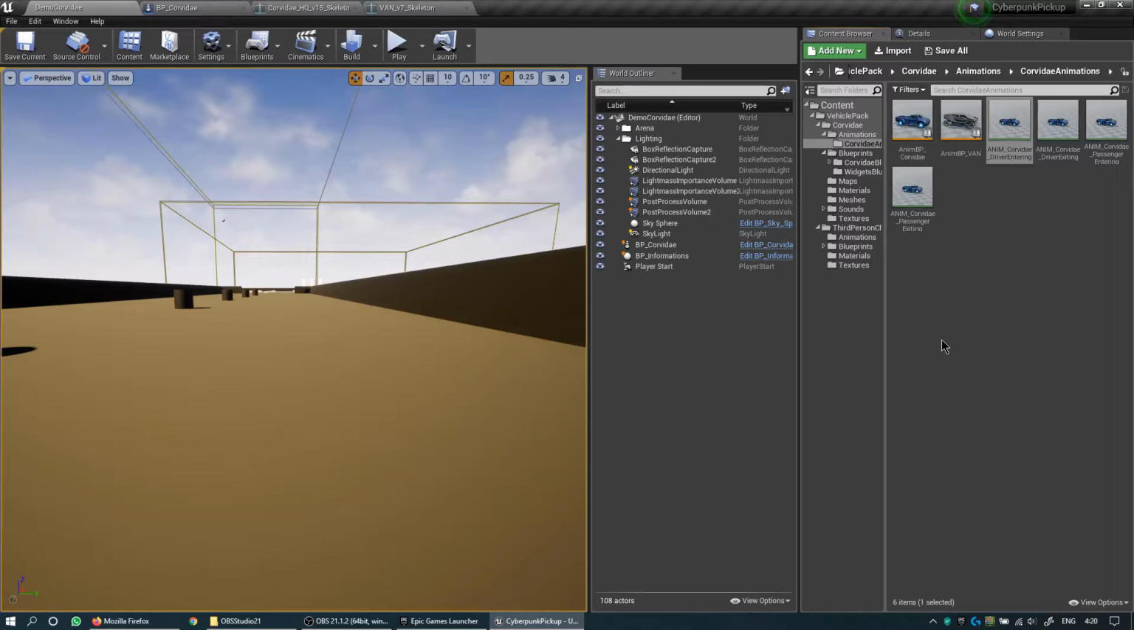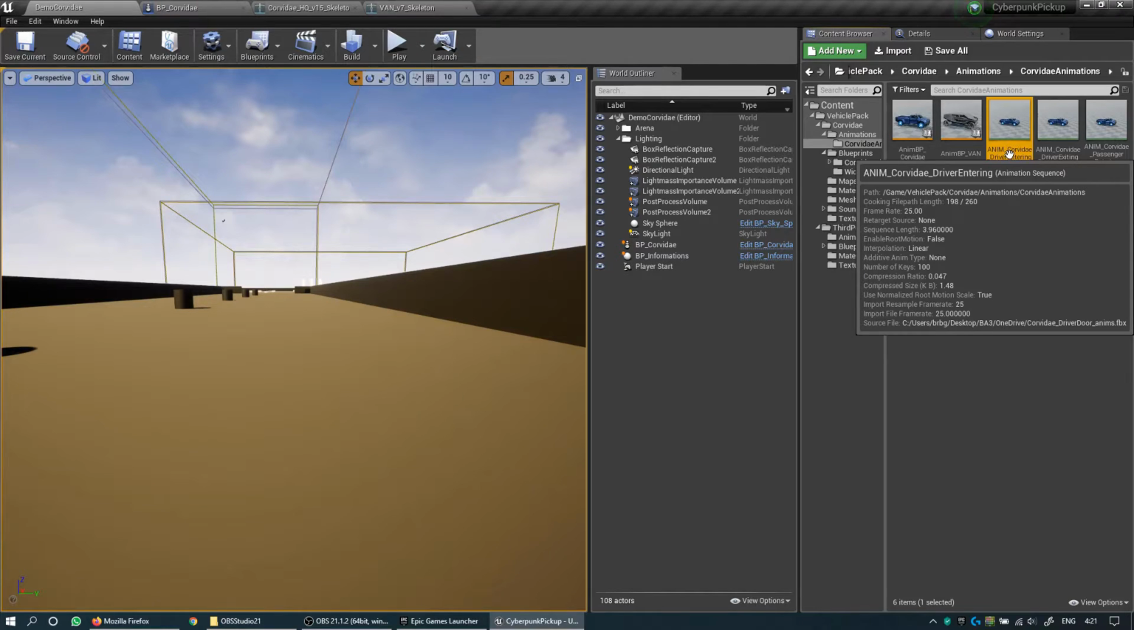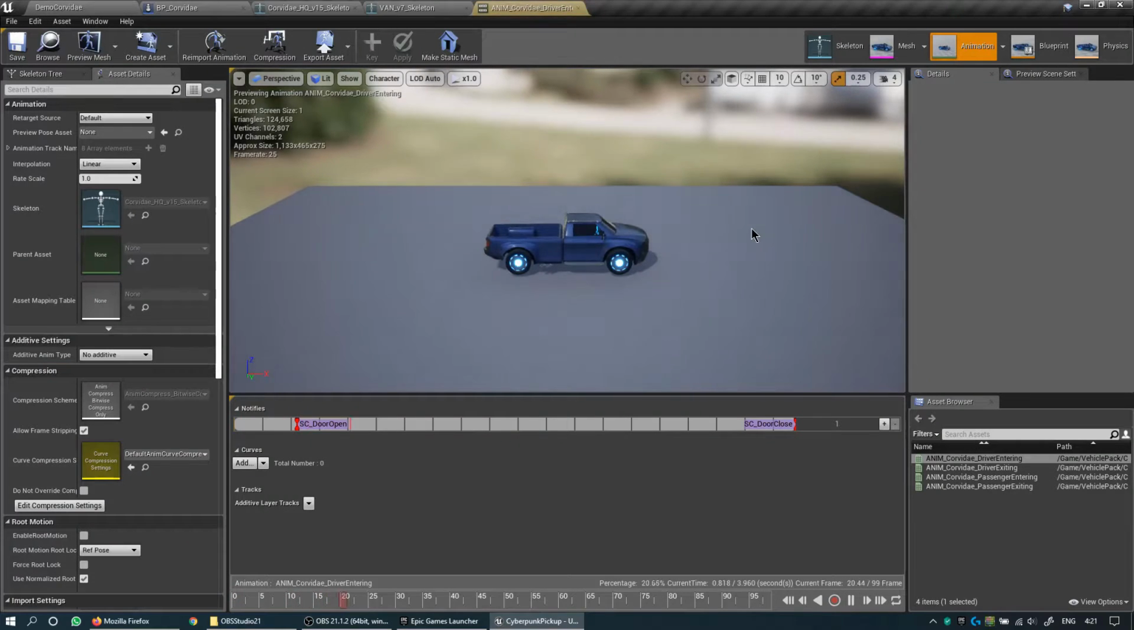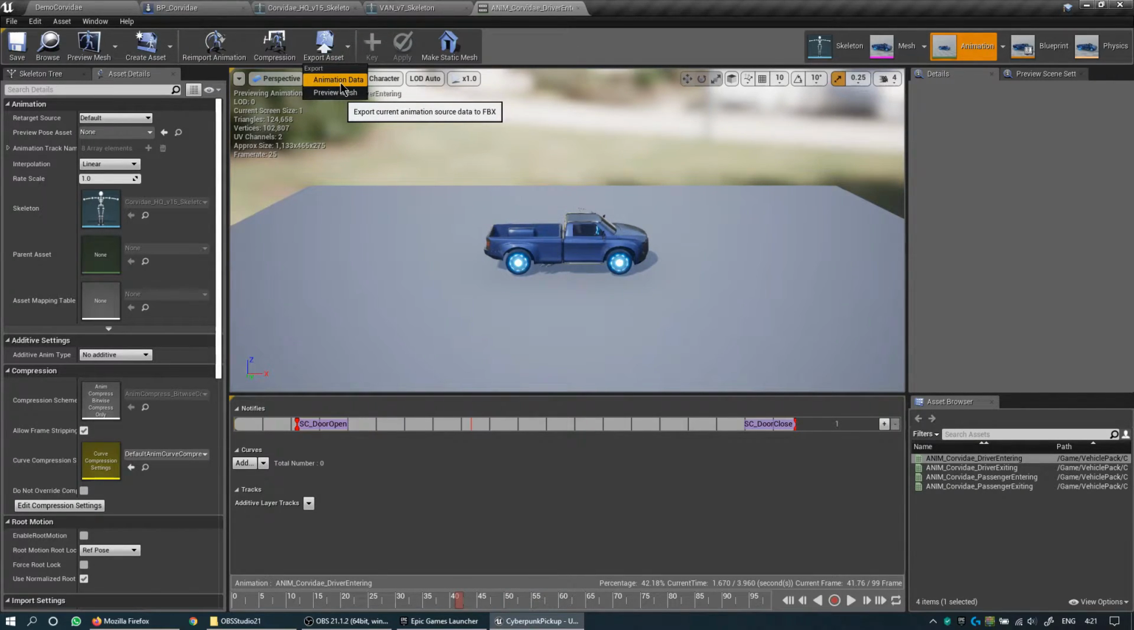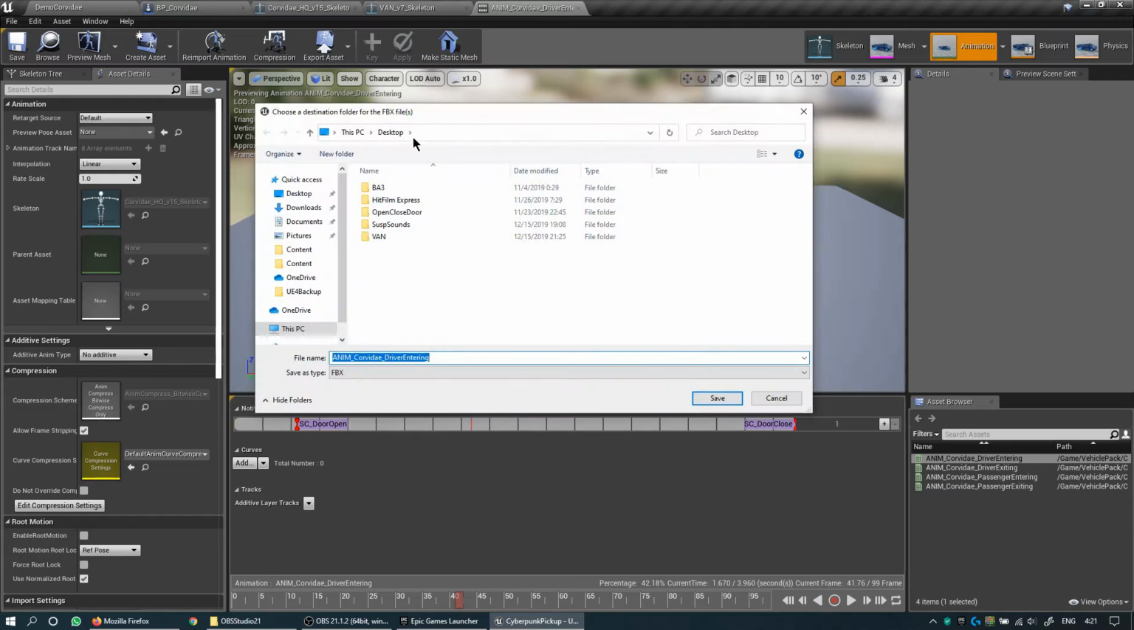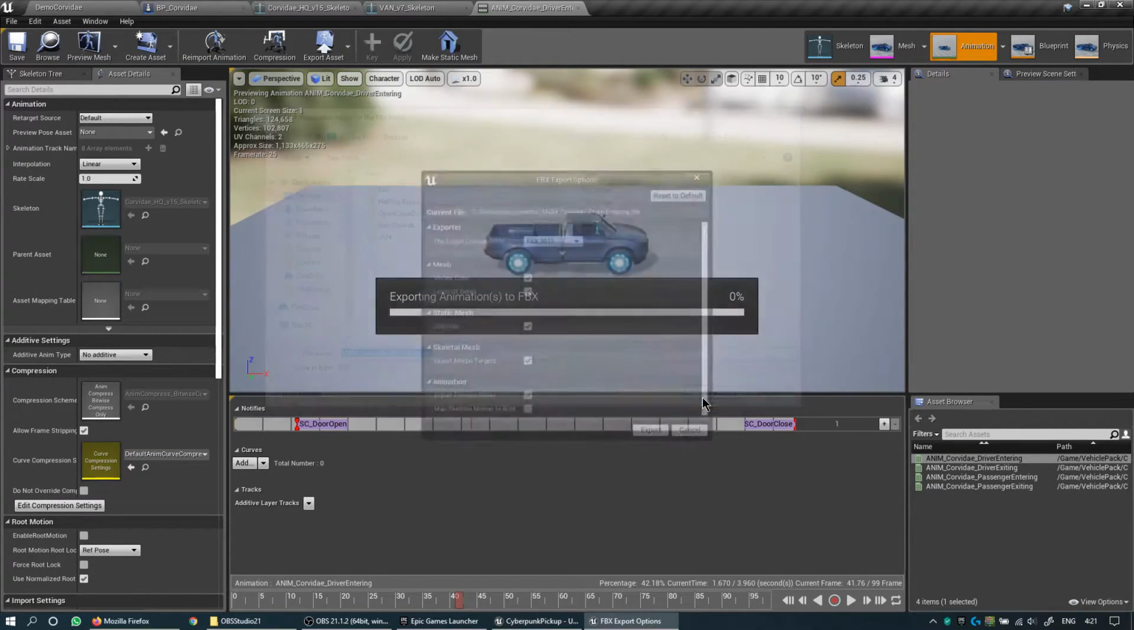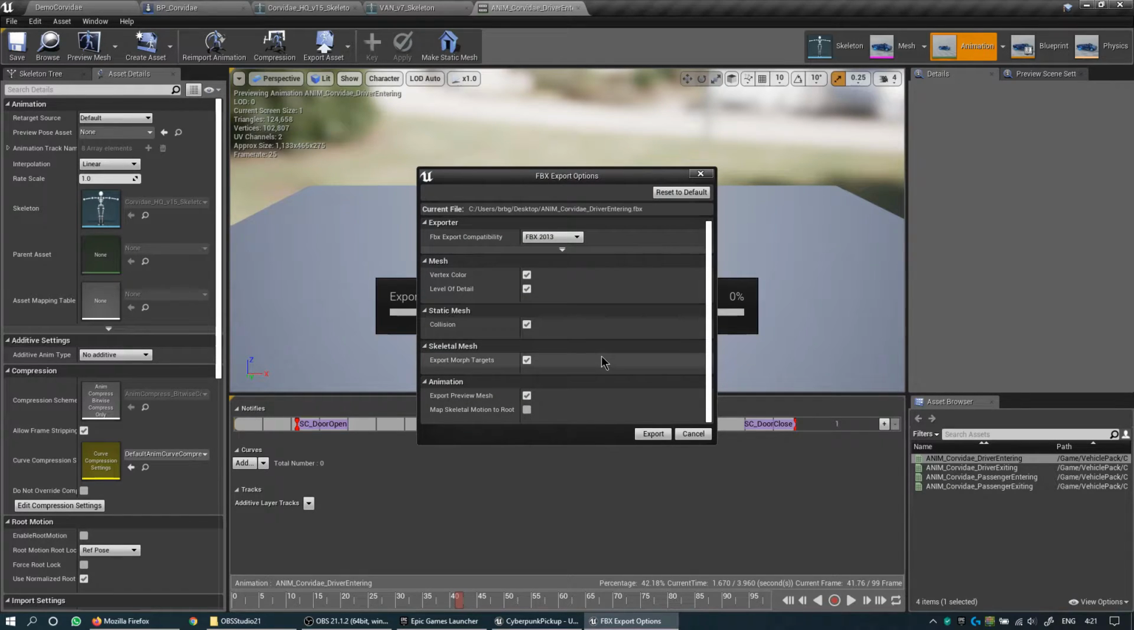The next step is editing the animations of the vehicle and third person character. So to do this, open an entering animation of the vehicle, and here export asset, and you will find here animation data. So I'm going to export it as FBX, hit export button,